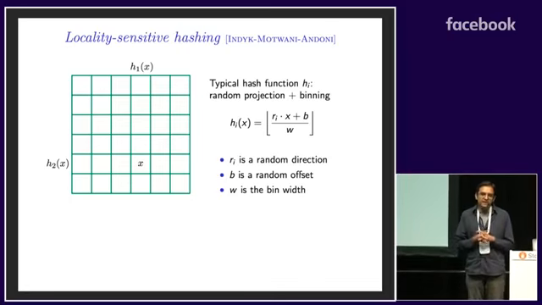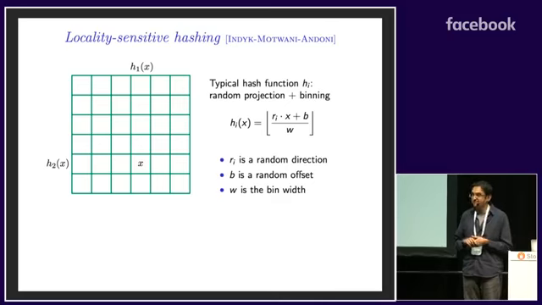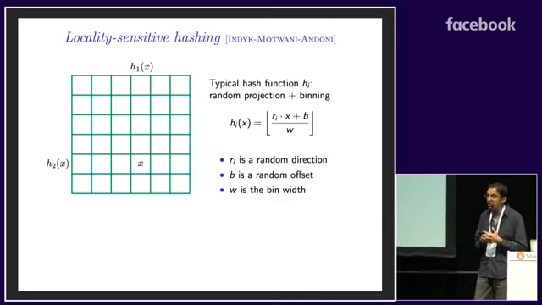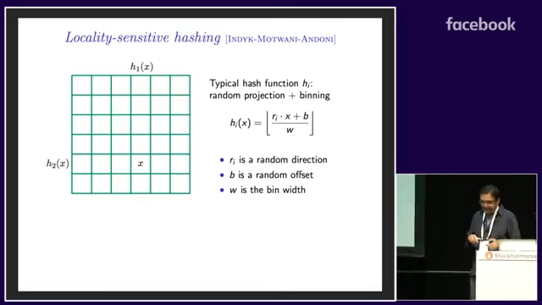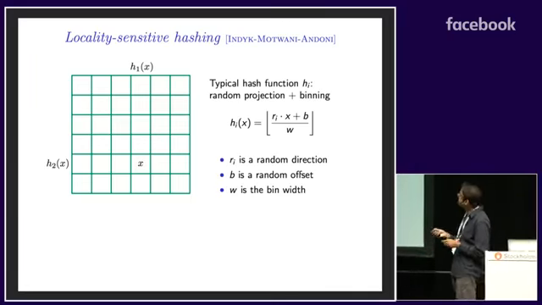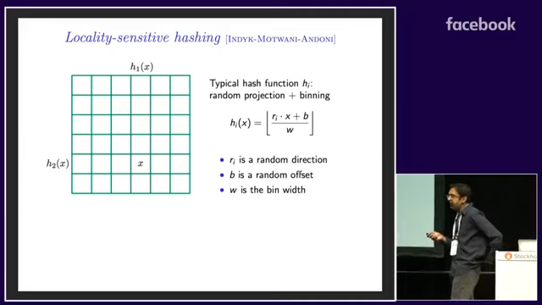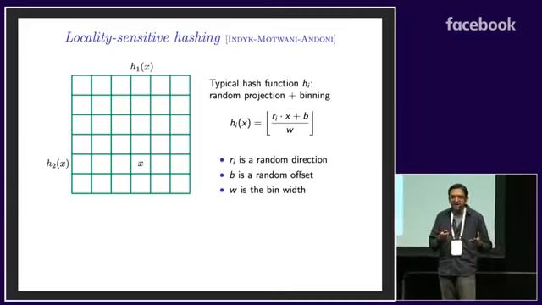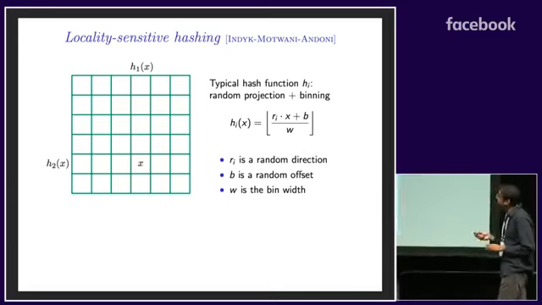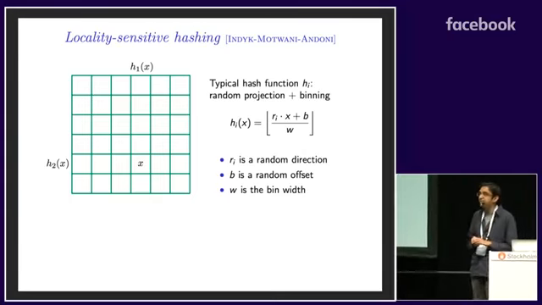The second approach is to say, well, we don't actually need the exact nearest neighbor. We're comfortable with an approximate nearest neighbor. And this paradigm was introduced by Indyk and Motwani, and the framework they came up with is locality-sensitive hashing, which has been an extremely powerful framework